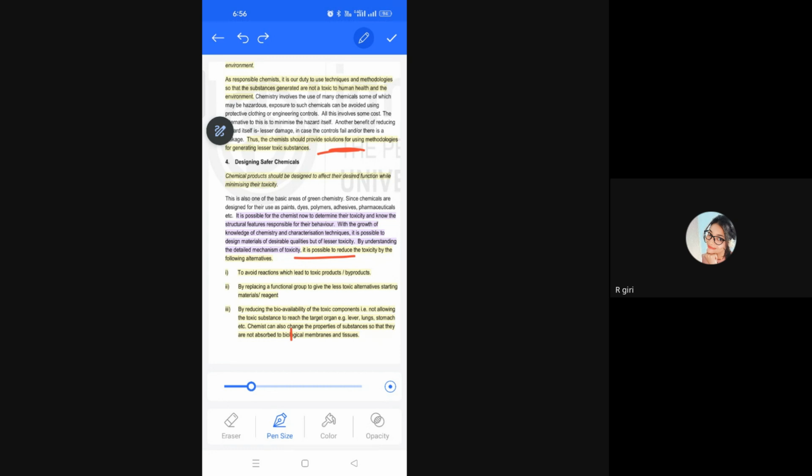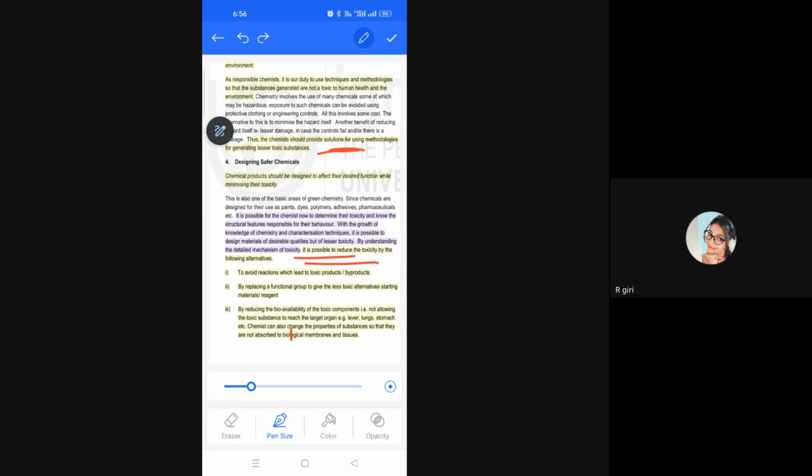Here you should remember that this is only a theoretical topic and we should focus on it because it is purely theoretical. Somewhere some mathematics will come and some reactions will come, but in most cases it is a very theoretical part. So you should constantly listen to it so that you will get some ideas, some word power, then you can elaborate your thoughts in the examination. It is possible to reduce toxicity in the following ways.